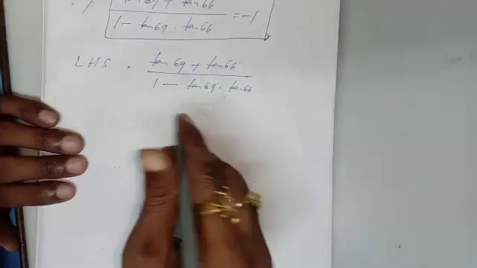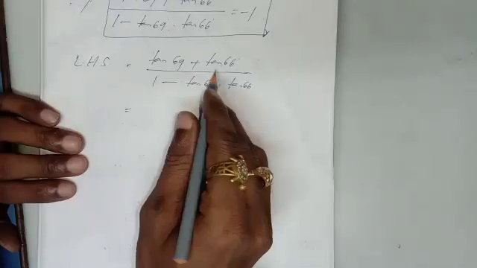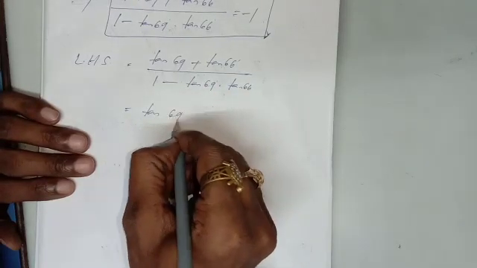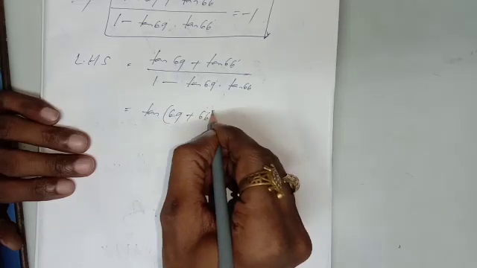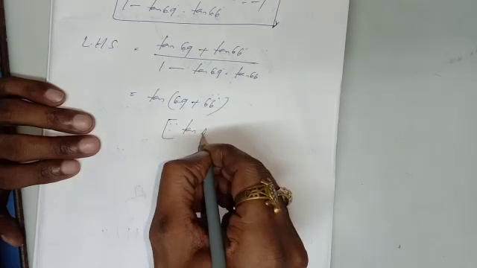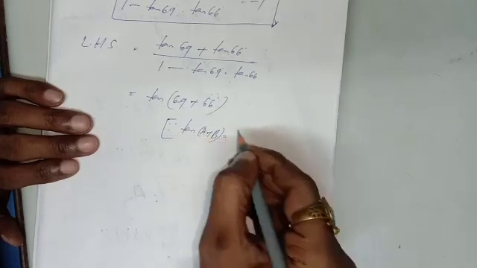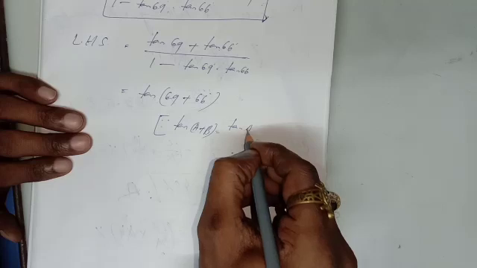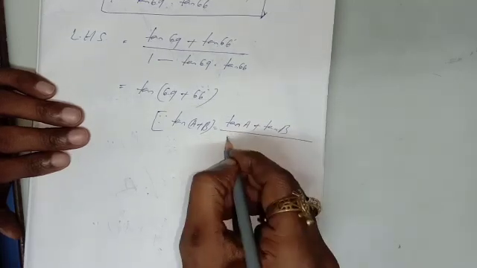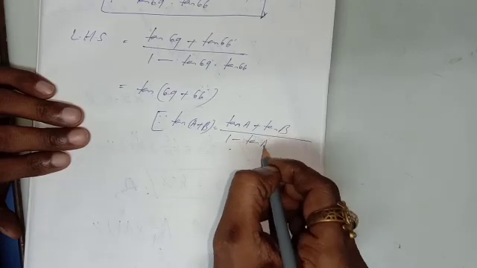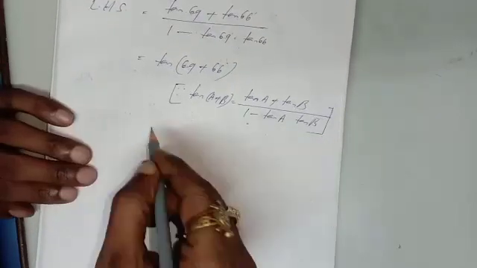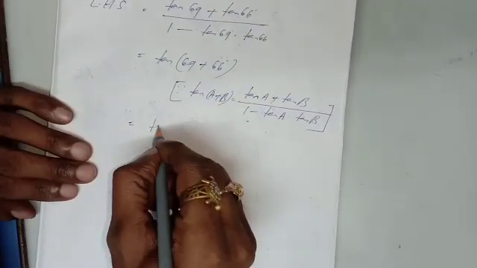So which formula is it here? That means tan A plus tan B by 1 minus tan A into tan B, the tan A plus B formula. I am writing the formula here: tan A plus B, the compound angle formula, is tan A plus tan B whole divided by 1 minus tan A into tan B. That means for how much you are getting? This is nothing but